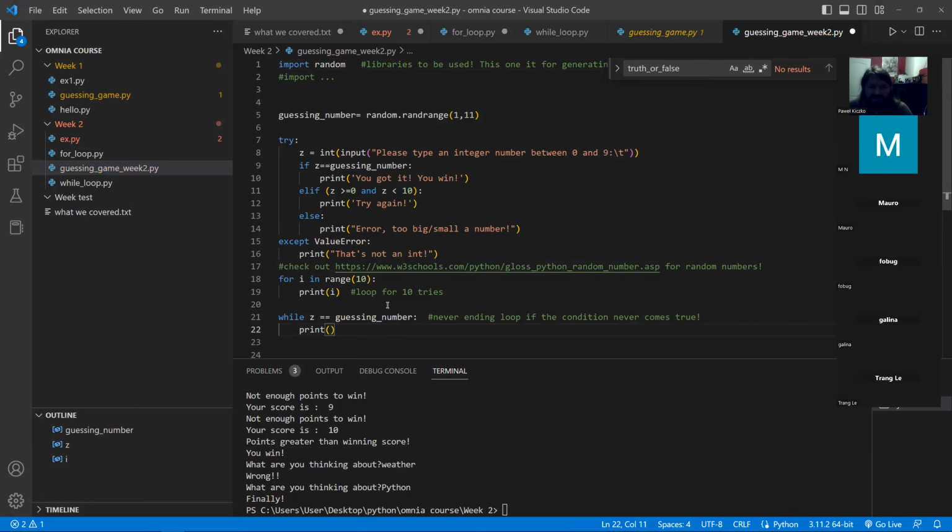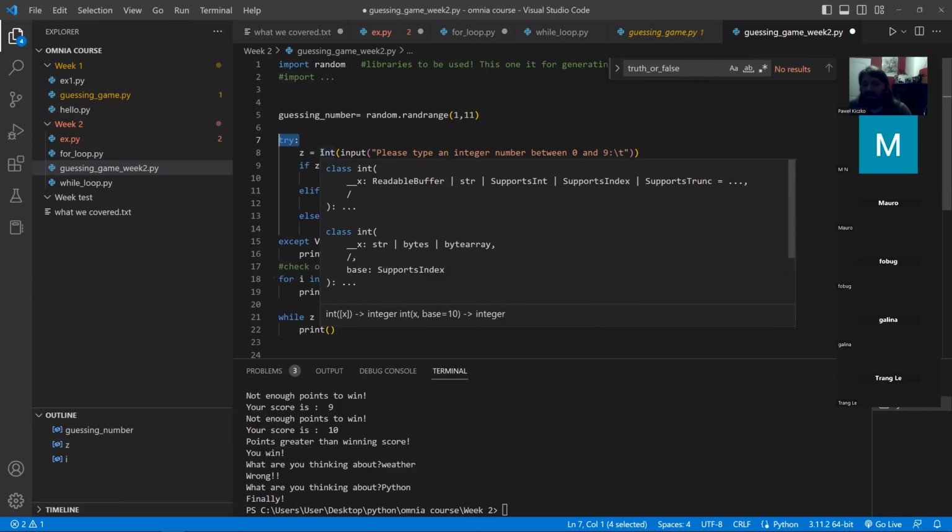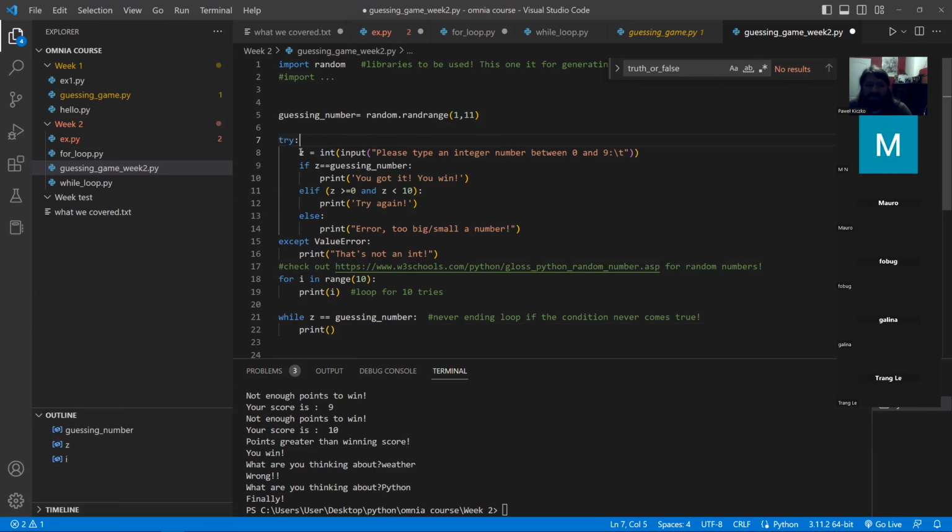Let's move on to what we did last week, which is the guessing game. We have many of these things that we tried last week, and we recalled today. And as we can see, there is this function we copied from Stack Overflow, meaning that this try is quite useful. It tells the compiler to try this